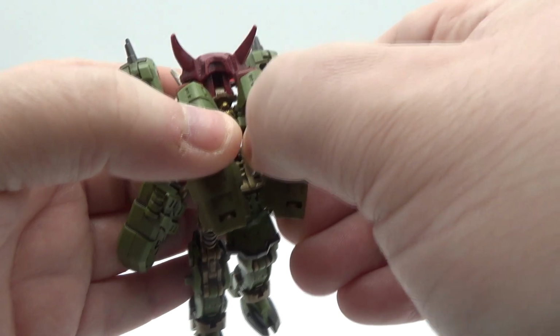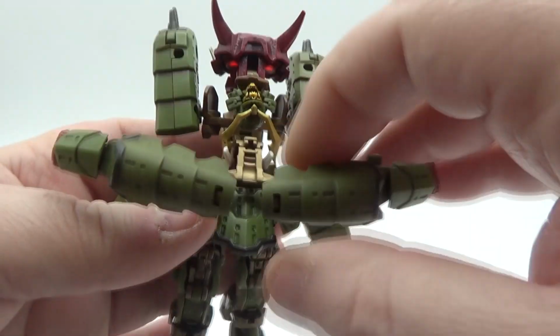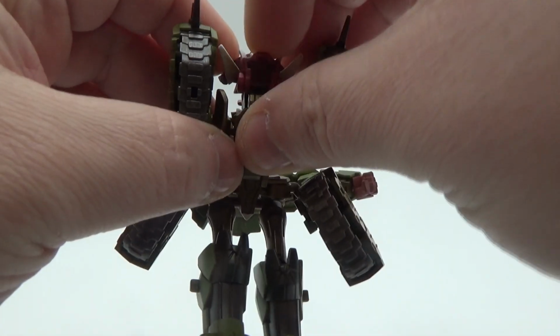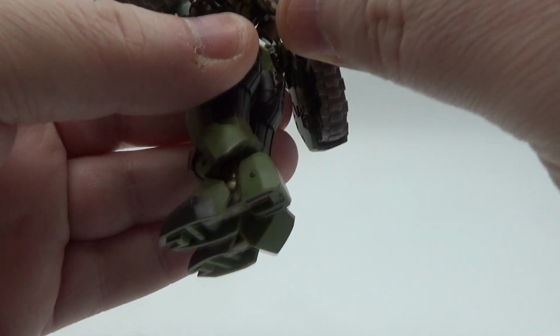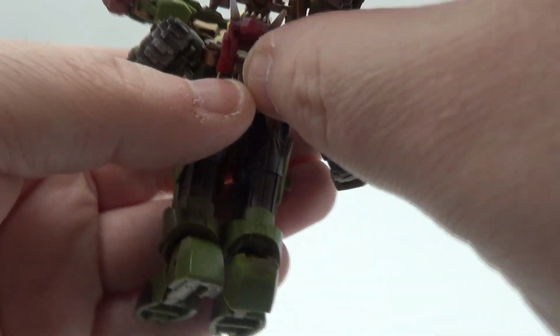Now what you're going to do is you're going to open these up. That reveals the head, like you've already seen. You untab, turn this around, you untab this right here, and then close it up like that. And that's going to be on this butt. You can leave it up like that. And then